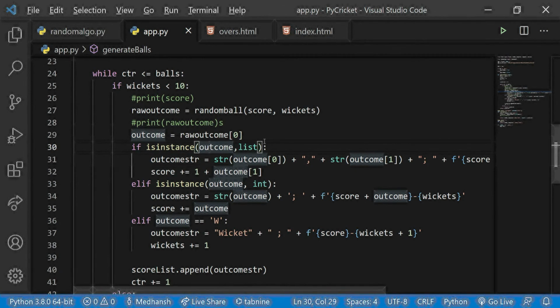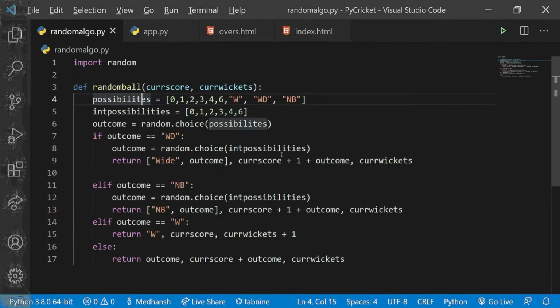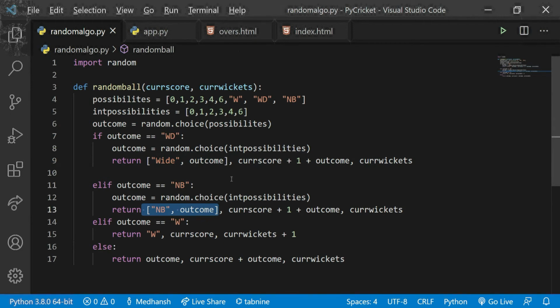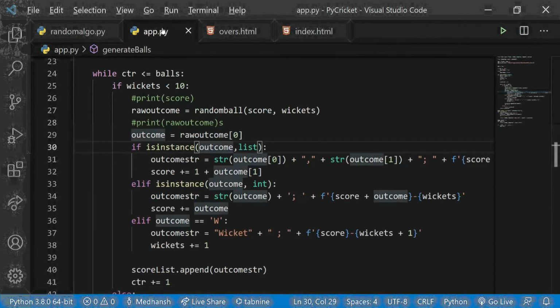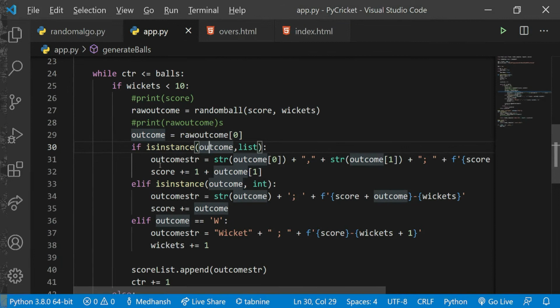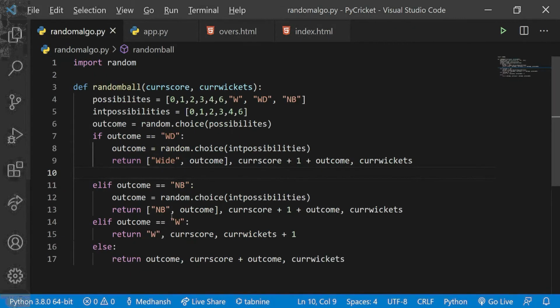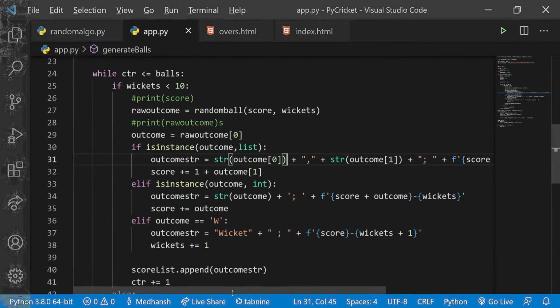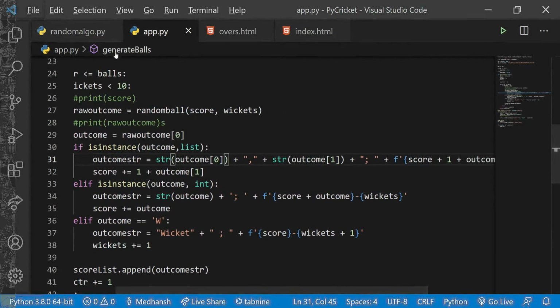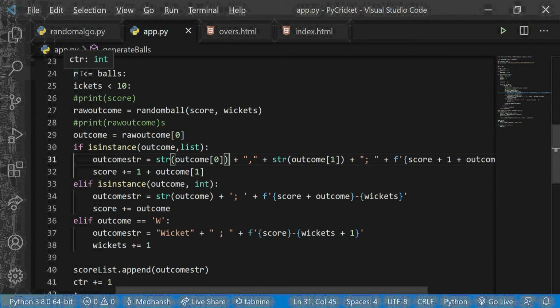So if the outcome is a list, which is only there when the ball is either a wide or a no ball, then I set a string called outcome str and I use some concatenation to make it wide or no ball, comma, and then over here I put what comes after the wide in the extra ball, which is maybe even a 4 or a 3, something like that.